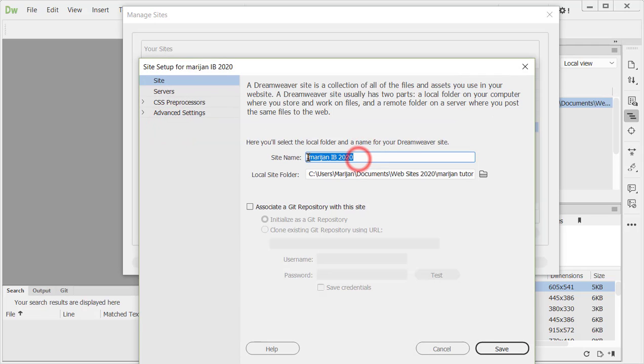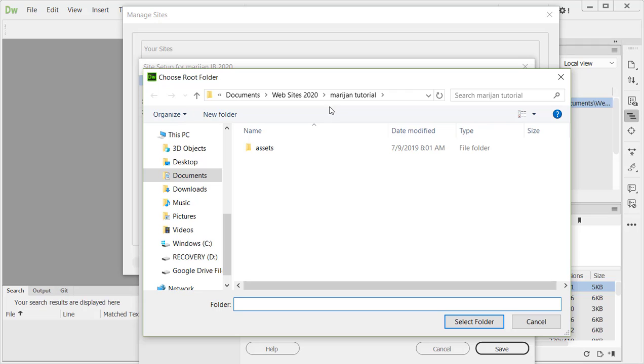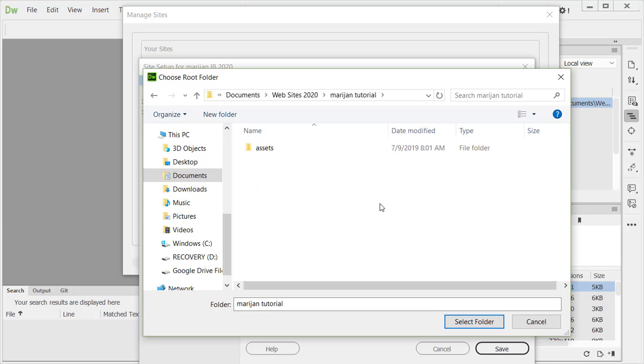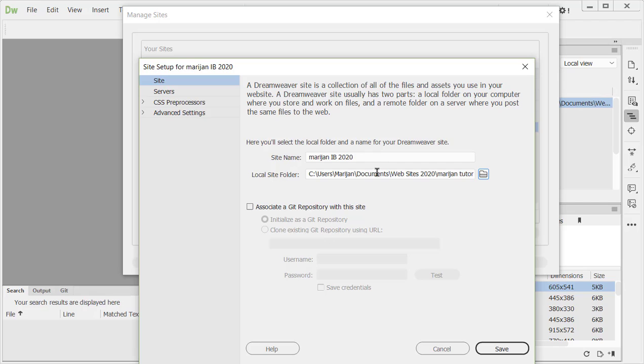You say, okay, well, I want a new site. What's the name? All right, give it a name. Any name doesn't really matter here. What does matter is the folder. You want to link to that folder that I just showed you, right? So you would say, like over here, remember that folder I showed you, Marion? So you link to the folder, and you say, okay, that's where I'm going to keep my website. So I did that. So that's pretty good, but that's the local